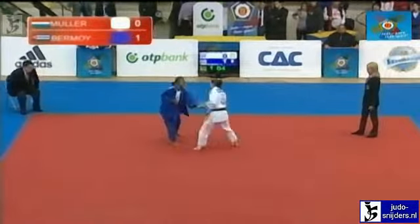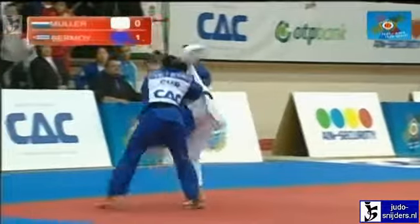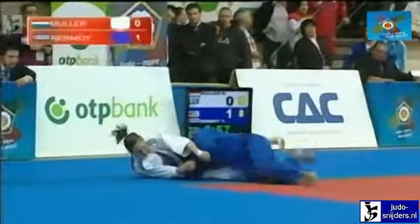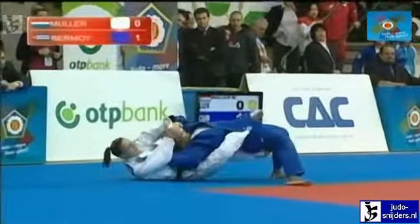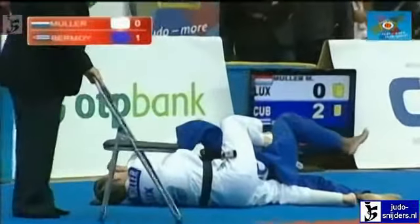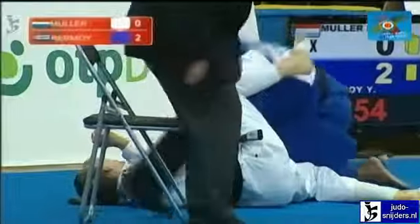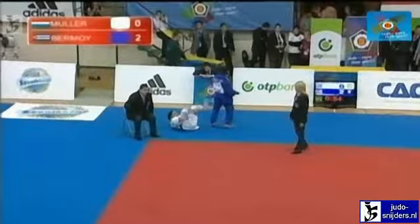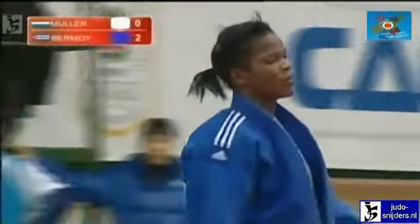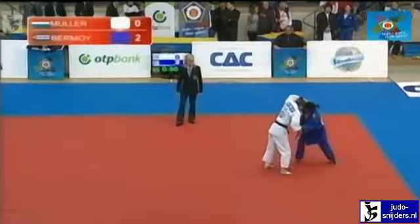Pressure now on Muller from Luxembourg to advance on, and with under a minute to go, and this is the problem when you're under pressure and you drive forward. The threat of that drop Zianagi from the Cubans is always the danger. And as you see there, Yuko scored for Cuba. Now this is the acceleration that is maybe going to see Luxembourg